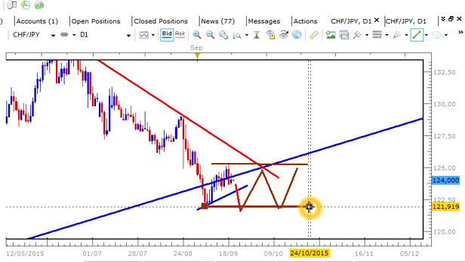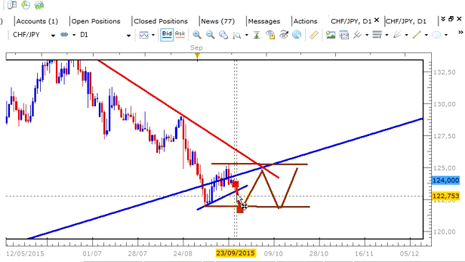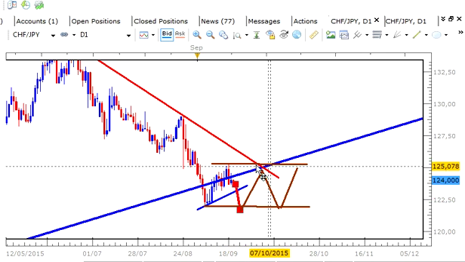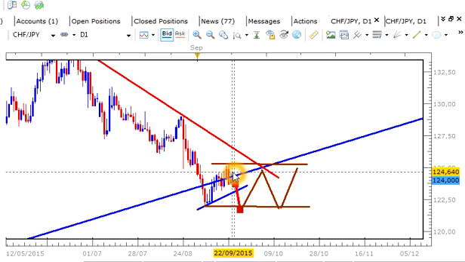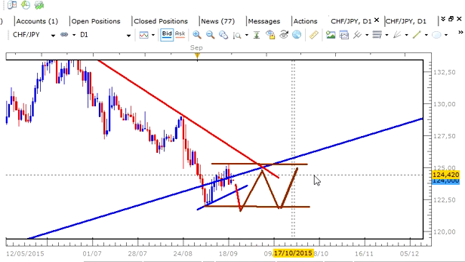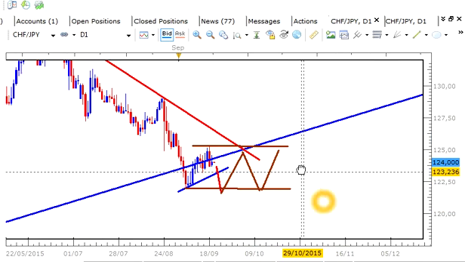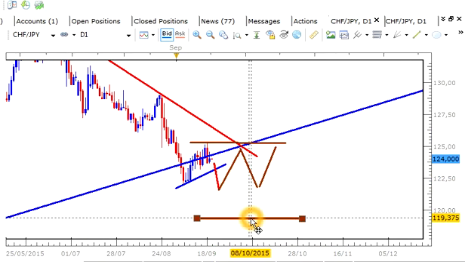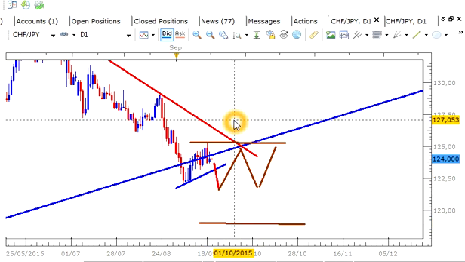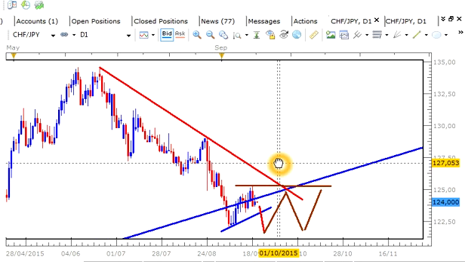So that is what is possible at this area here, and this is why even though we might see a break of this counter trend line, the market could actually enter into a period of sideways movement and lead to losses for persons who would have started to enter short. Now this setup is possible at this area here. Another possibility is that the market could actually break this area successfully and continue lower. That rule with respect to the number of waves works 9 out of 10 times, I would say, but